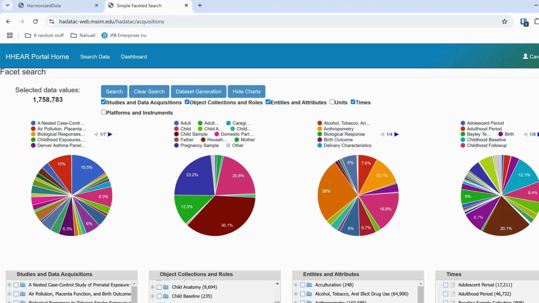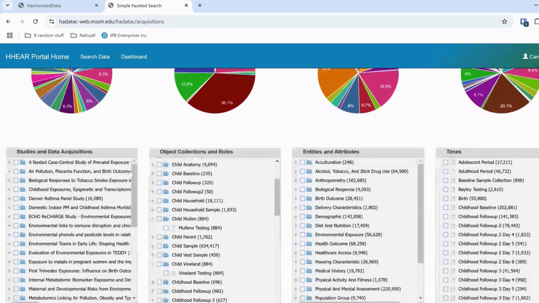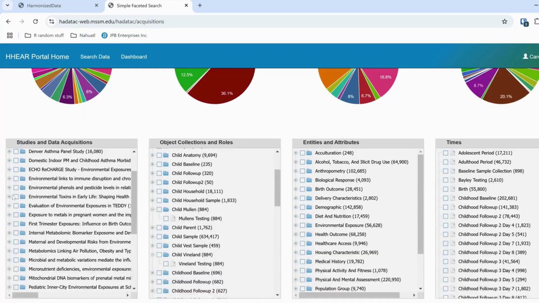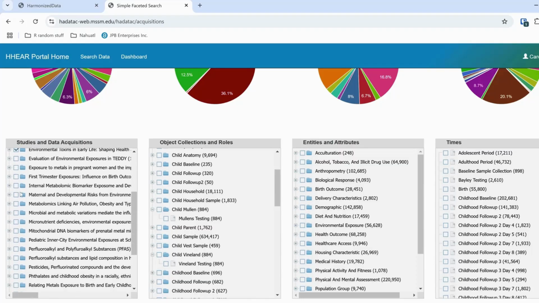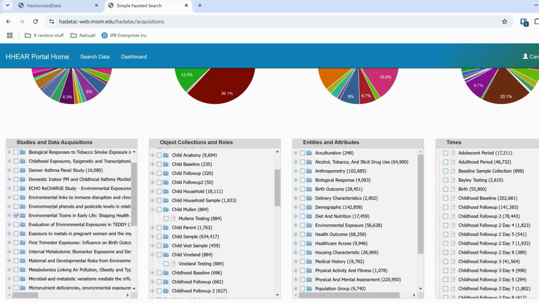Since we are interested in specific studies, begin by navigating to the Studies and Data Acquisition filter. Select the desired studies by checking the box beside them. This will ensure you download all the data files associated with each individual study. Alternatively, you may click on the plus sign beside each study to select individual data files to download according to